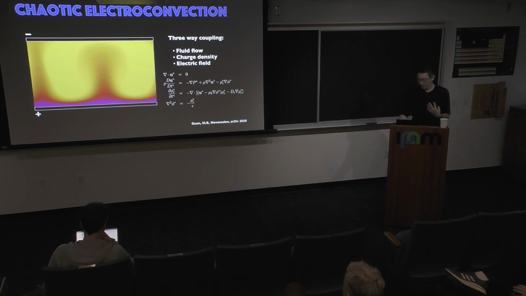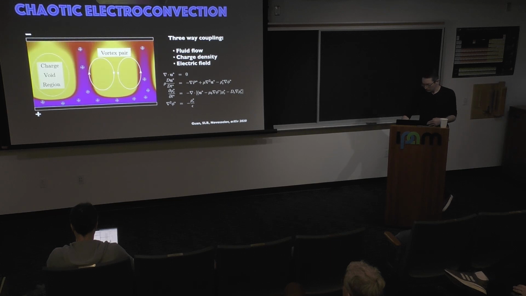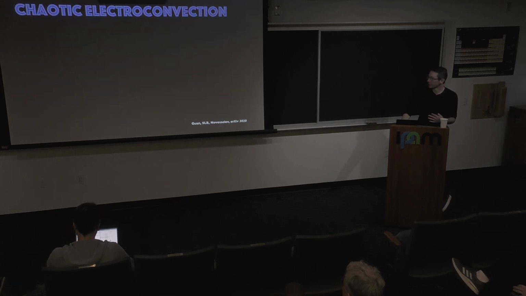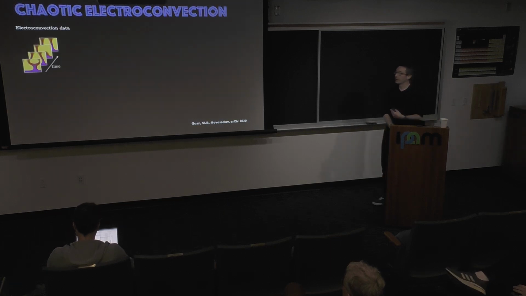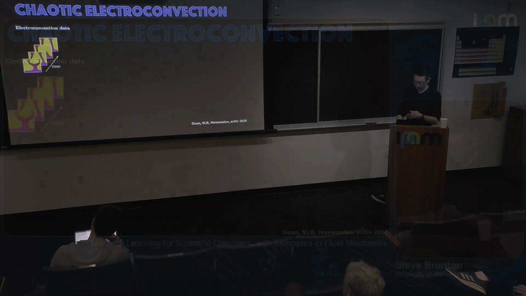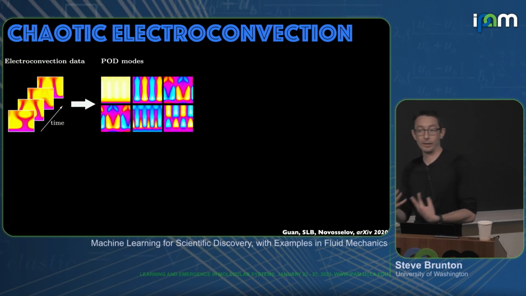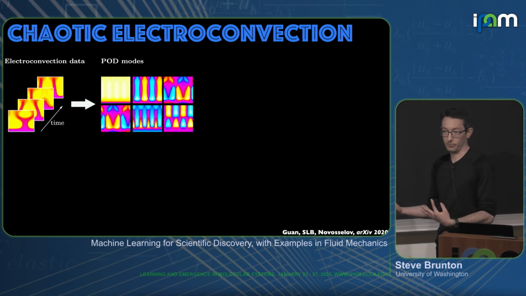And so what we decided to do was see if we can model this flow in the same way that Lorenz modeled the Rayleigh-Benard convection. So I'm going to walk you through this process. It's kind of interesting. So the idea is you have a time series of data. These are kind of high-dimensional flow fields, if you will. They're spatial temporal data. We compute the POD or the SVD to get a low-dimensional basis. This is usually what we do.